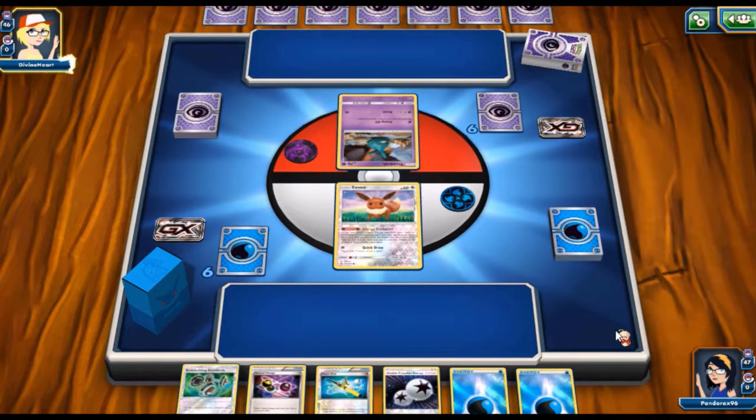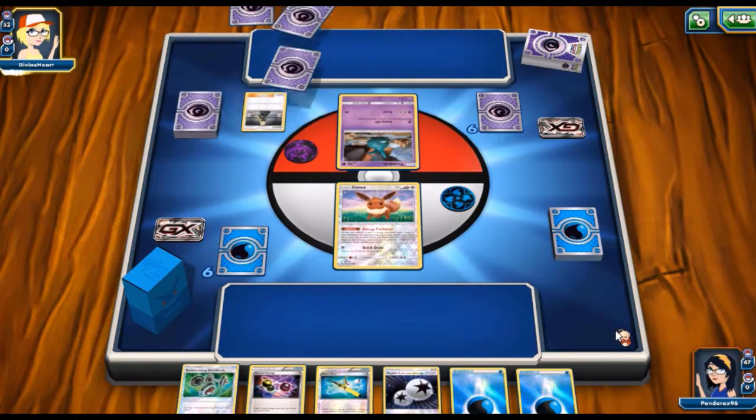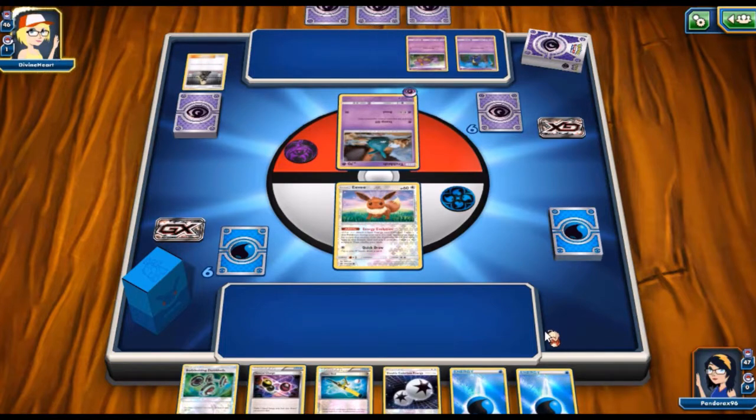While this is going, I'll be commenting on what's going on, but I'll also be talking about some random stuff at the same time. So right now I'm using my psychic deck, and he is using